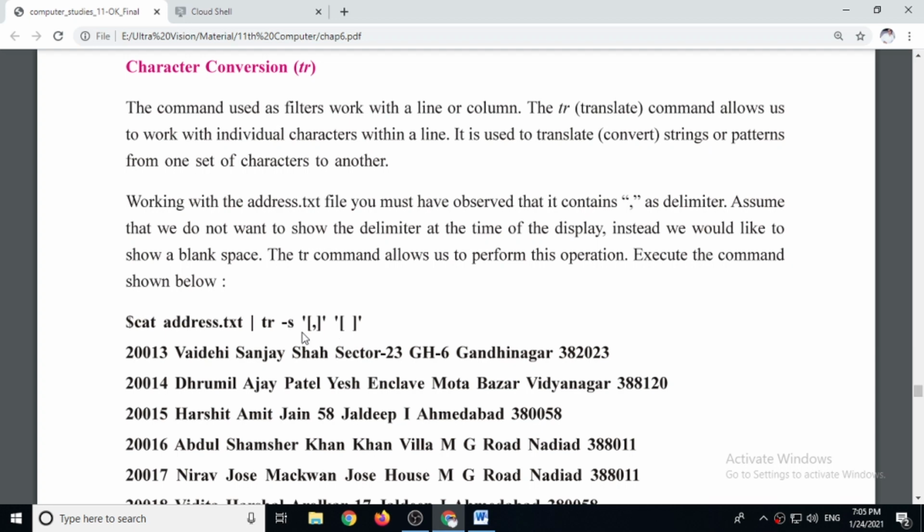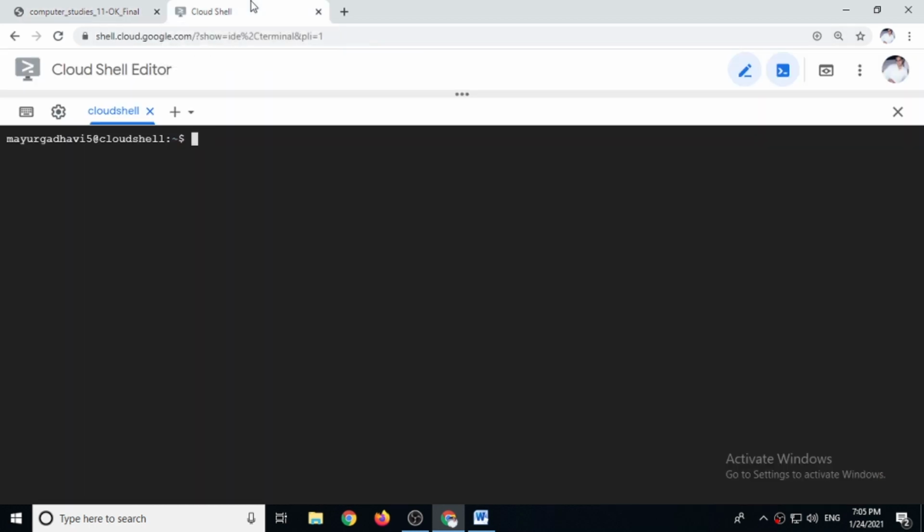It means it converts comma into space. So where we have written comma, it replaces it with a space. Let's type the address.txt file first. So cat address.txt.